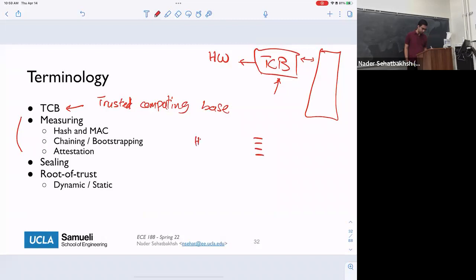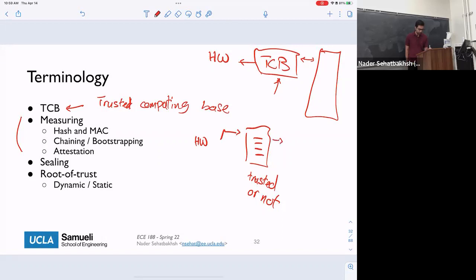And then you have a hardware that wants to measure whether this can be trusted or not, right? So we want to answer this question: is this trusted or not? So how do we do the measuring? Basically, measuring involves computing the hash of the content of this piece of software, this piece of memory. As I said before, think about this as each line is basically a value.